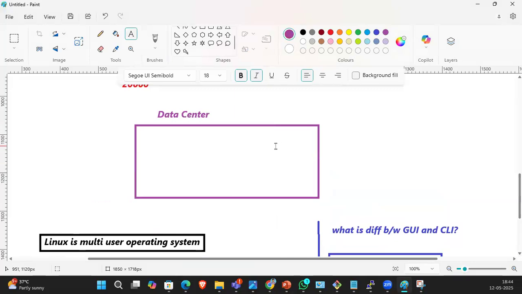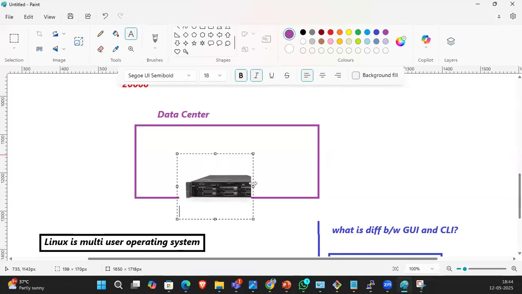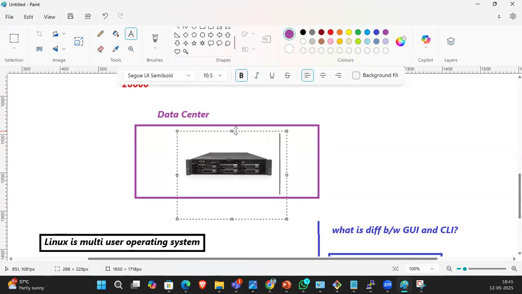The data center provides rental space to keep our servers, and they provide 99.999% uptime. Understood? So that is a data center.